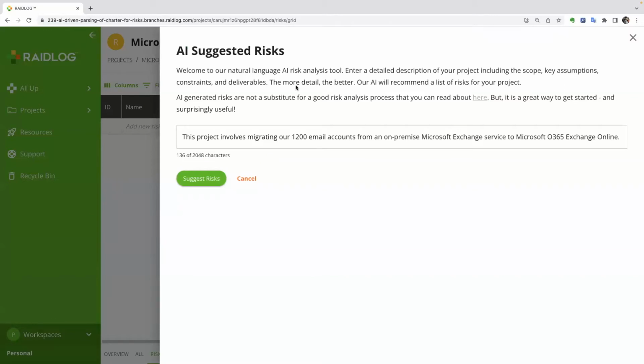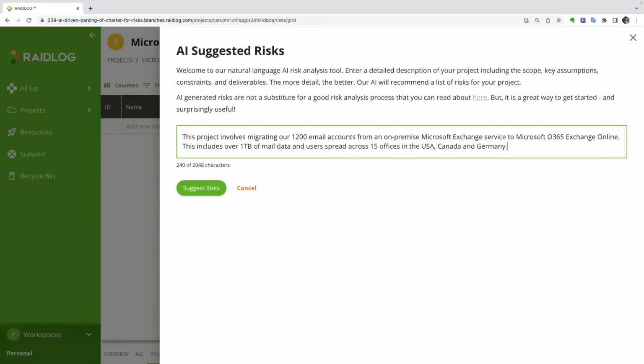And the risks that we generate are based on the project description, which you see here. So it's important that I be specific and detailed about key constraints and assumptions. The input in our initial version is limited to about 2,000 characters, something we're working to expand in future versions. In this case, I'll add a little bit more around assumptions of our project. Click in here and I'll edit it, including some additional assumptions and dependencies. When I'm ready, I can click Generate,